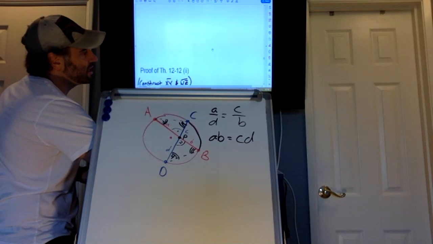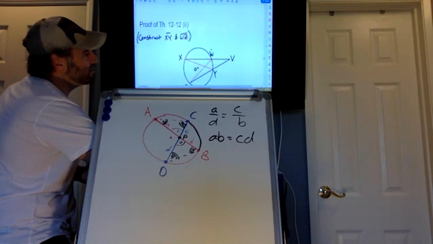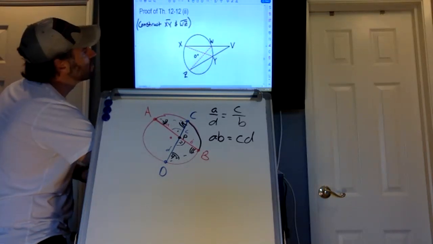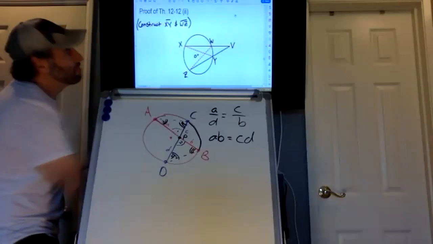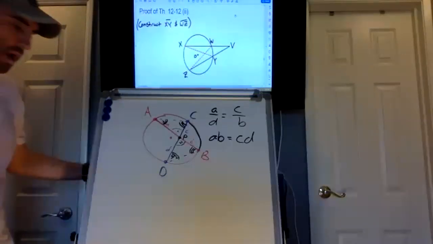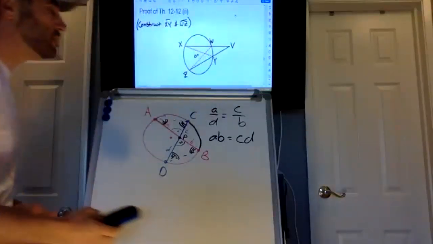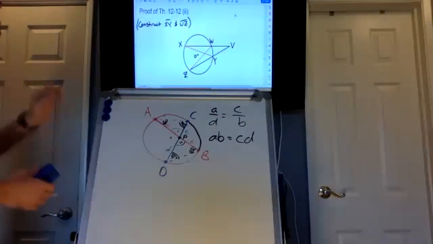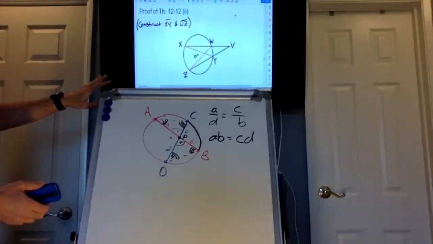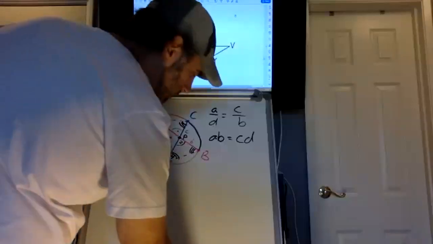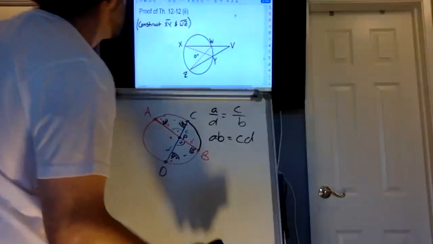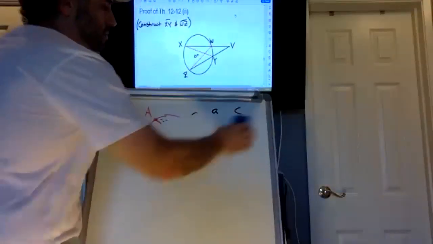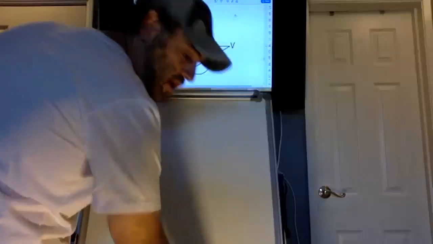Here we go. Ready? Where are they going to be? There they are. Yeah, that's what I thought. All right, so everybody draw that in your notes. I'm going to do the same. And you go ahead and get a head start on trying to prove. What are we trying to prove again? VW times VX is equal to VY times